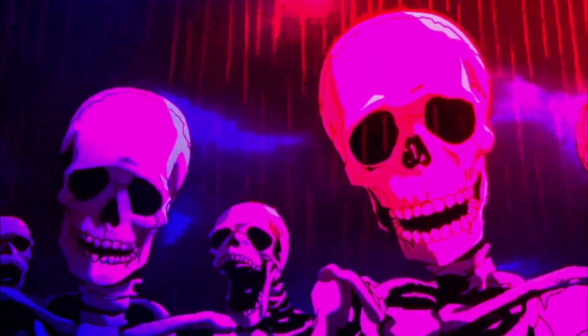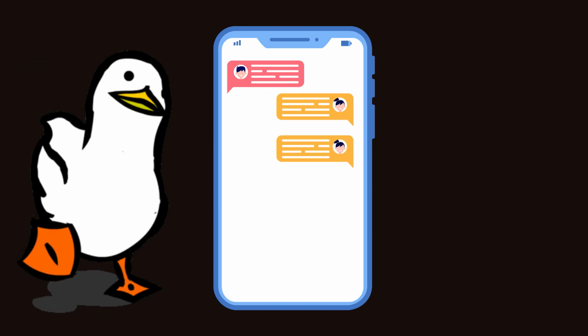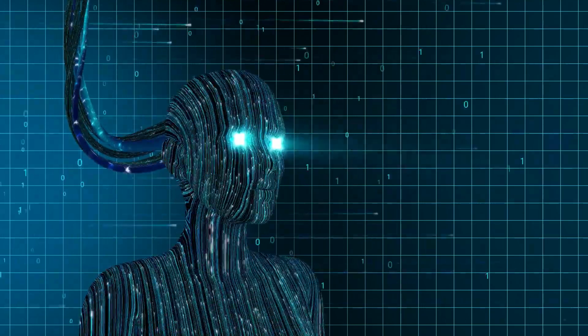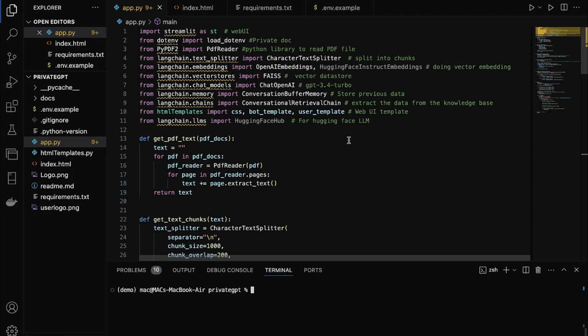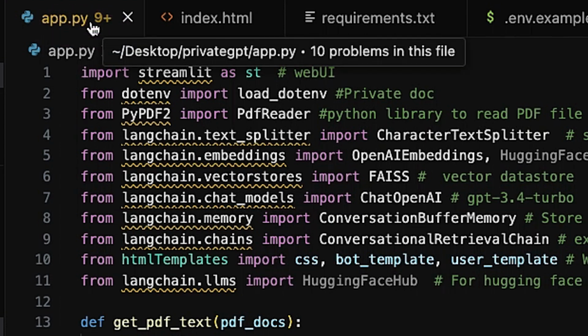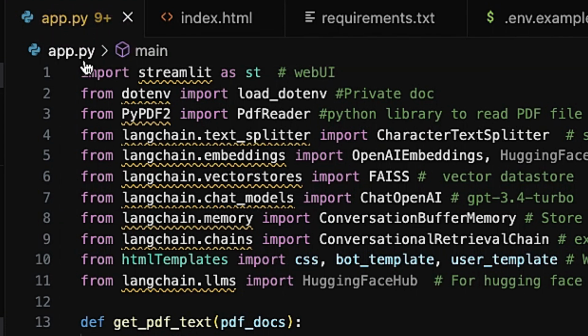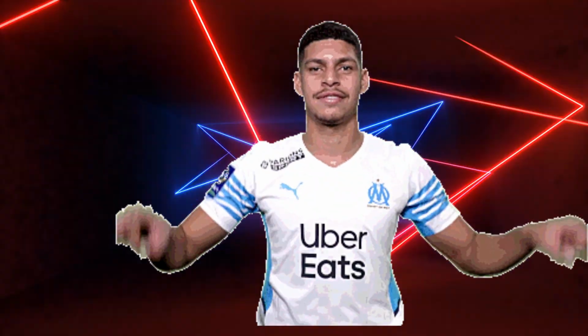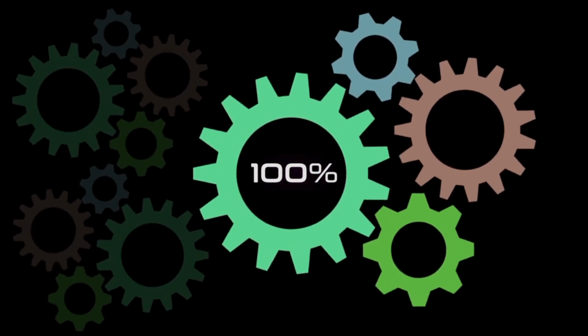Today we are going to build a retrieval augmented generation application, or we can say our private GPT for our document. Okay, so let's get started. These are the main files which we need to build our application. Our first file is app.py, which is our main file and contains all the code for text embedding and generating responses using LLM. Before starting it, let me give you a small recap on how this retrieval system works.